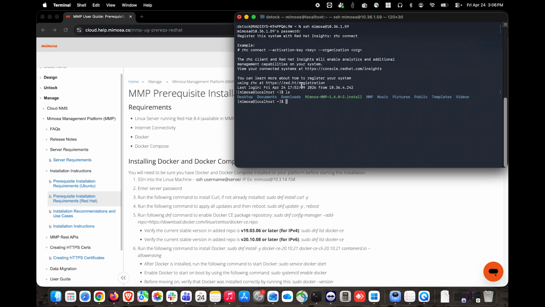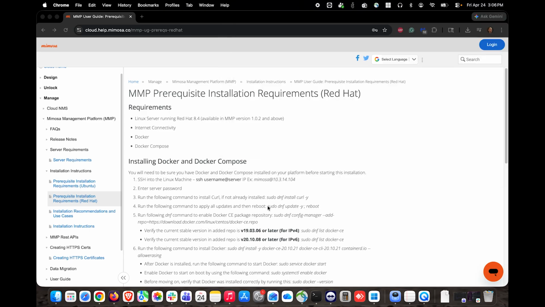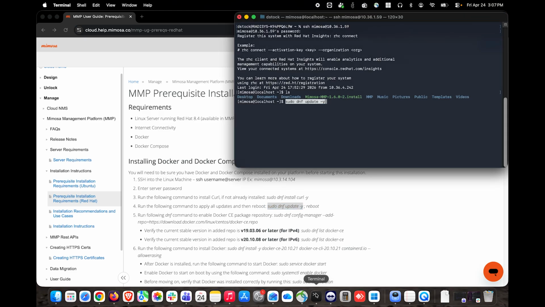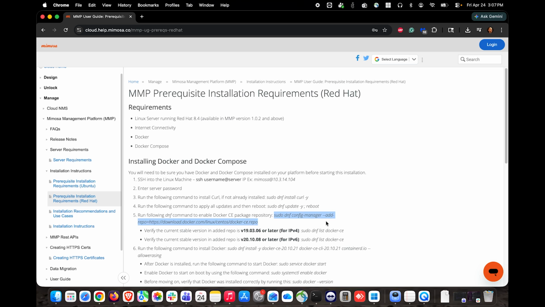So we'll start with installing Docker and then Docker Compose. We'll just be taking the command straight from the web page here. So we're going to start with step number 4, sudo dnf update -y. We're going to put our password here, Mimosa. It's doing its stuff. It says, hey, it's all good. The next thing we're going to do is